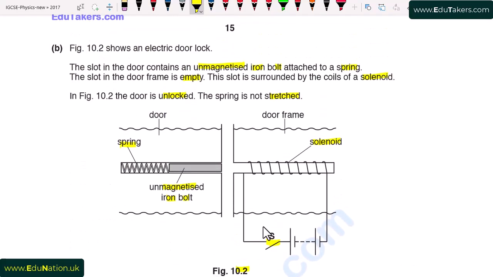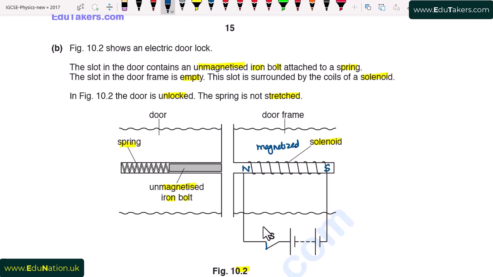Going back to the figure, we can see here that there is a switch. First of all, this switch is open. Now we close this switch. Then what will happen? The current flows through the circuit. The current also flows through the solenoid, and due to this flow of current, the solenoid gets magnetized. It means that the solenoid has two poles, north pole and south pole. The poles appear due to the magnetization of the solenoid.